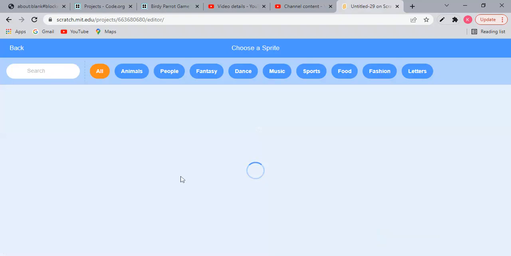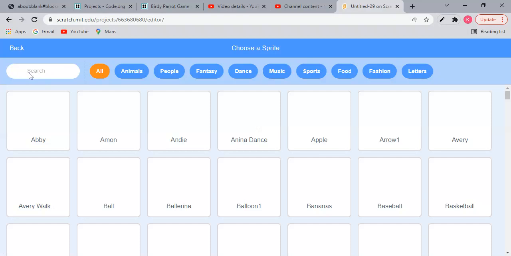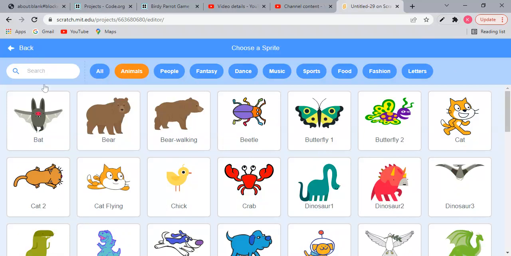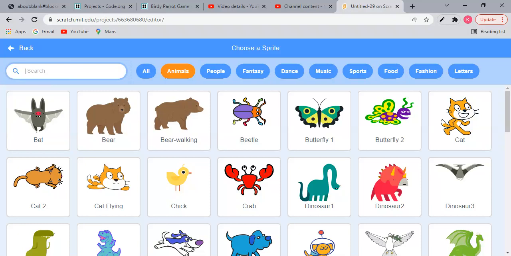It is loading right now. You can also search for it right here. See, these sprites have names also already. You can go to any category, or you can search for a sprite. So you can go to animals, or you can simply search for